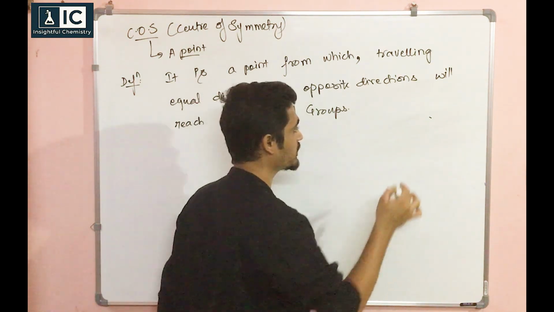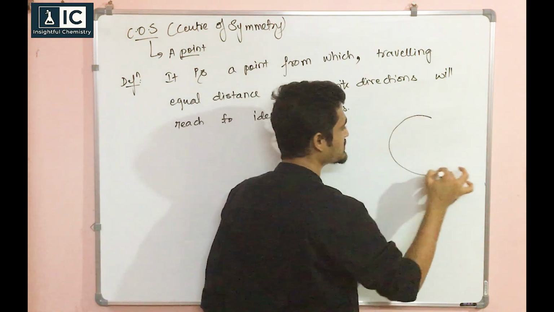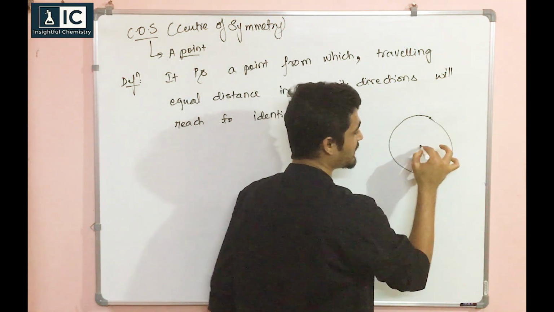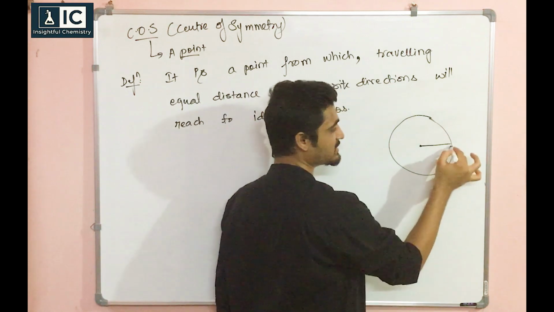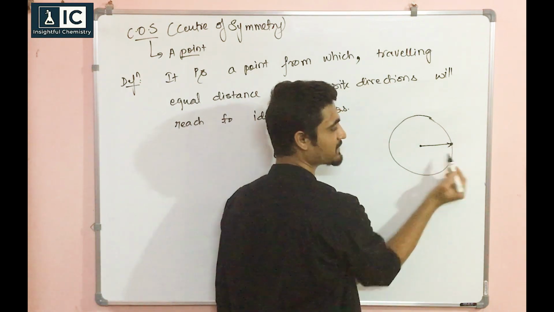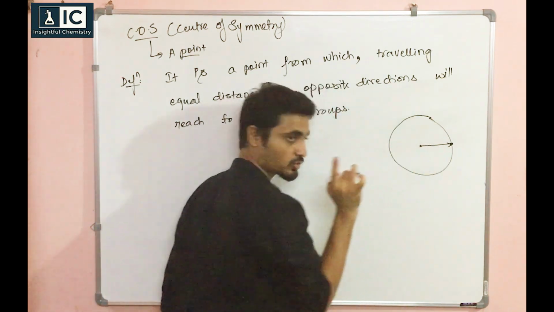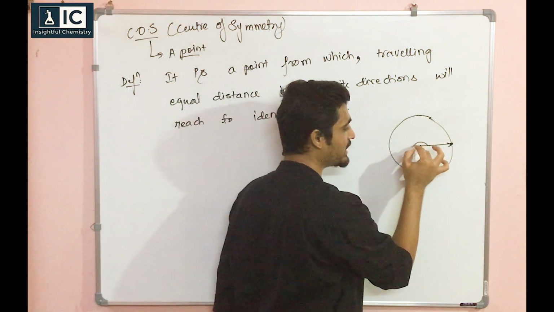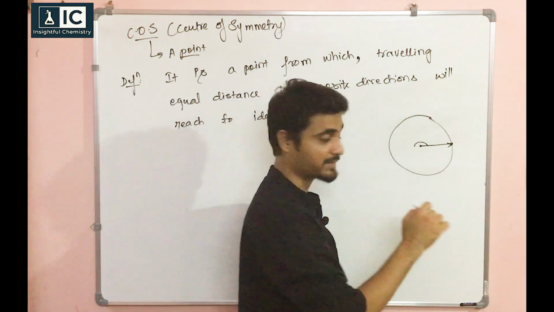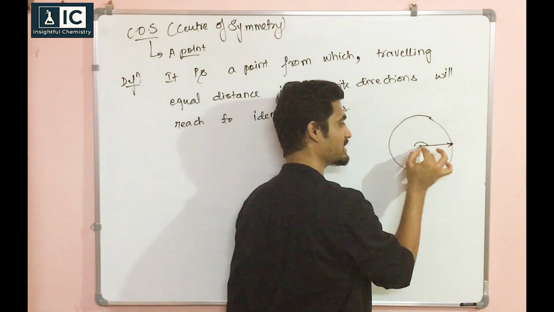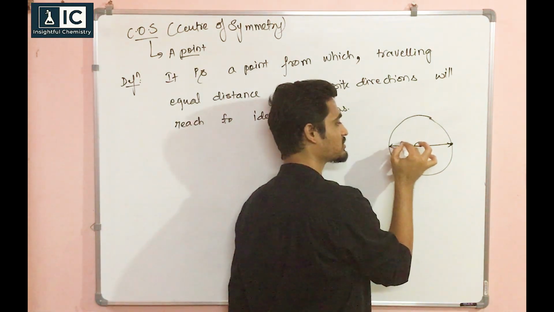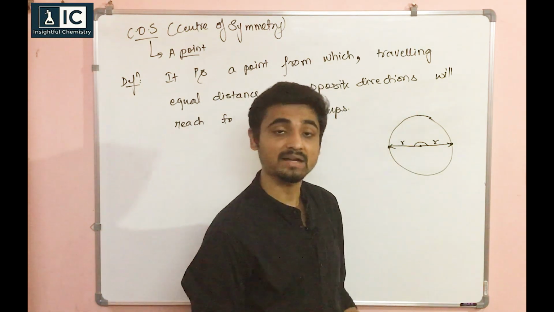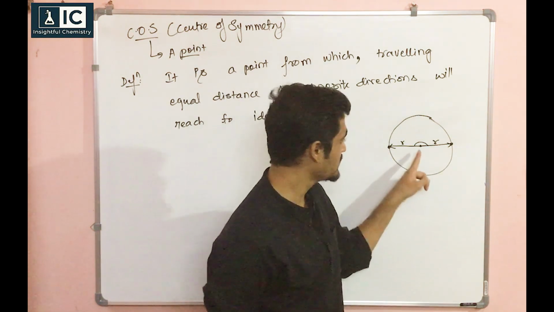For example, look here, suppose I take this circle. This is its center. I travel its r distance this side, so I get a point. To check for center of symmetry, I have to travel exactly 180 degrees, meaning just opposite, with the same distance, meaning again I travel r. So both sides r, I get a point. That is a center of symmetry.